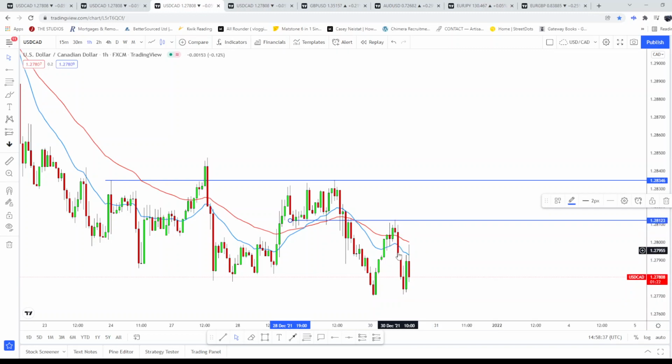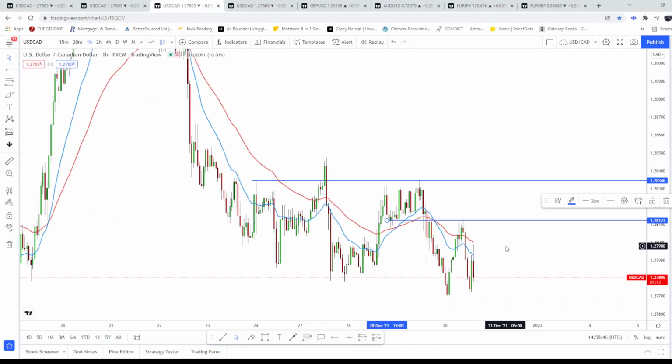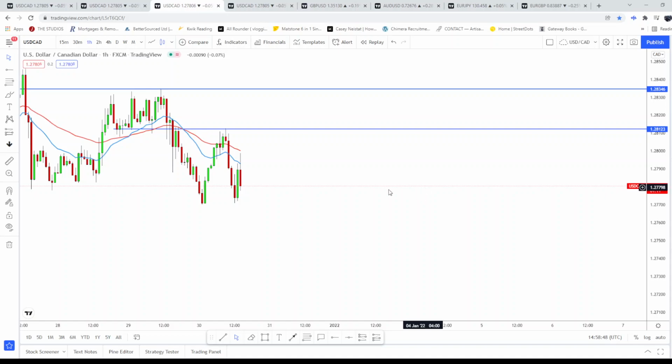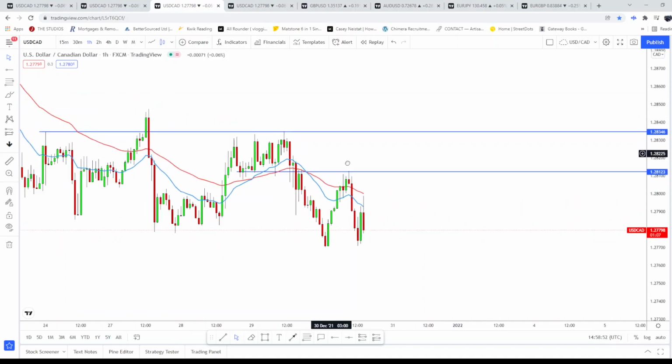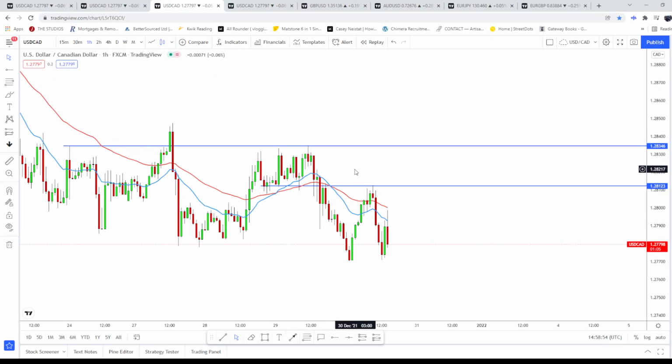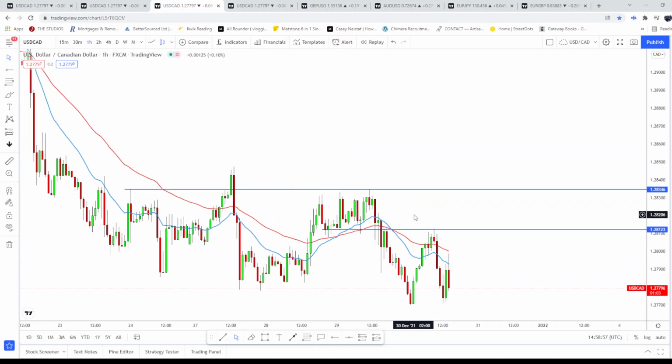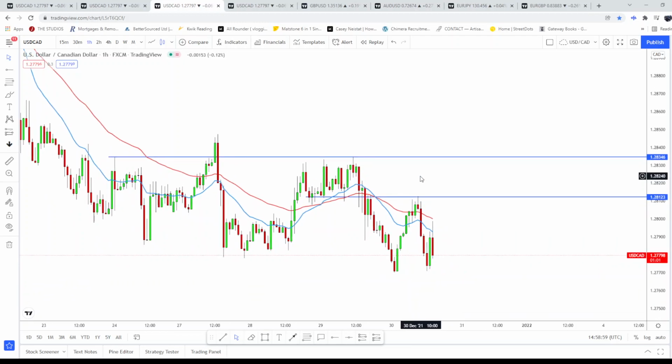As we can see, price action has gone bearish, and this next hour is closing as a shooting star. So that is for the end of this year. This is the only opportunity I've seen and I've taken. Obviously there are more opportunities, but this is the one that I've seen that is clear, concise, and aligned with what I'm seeing.